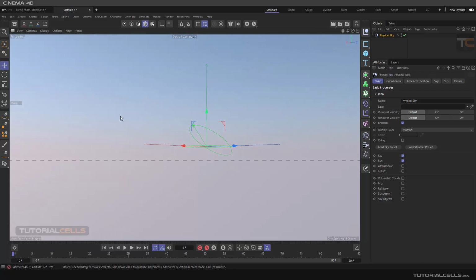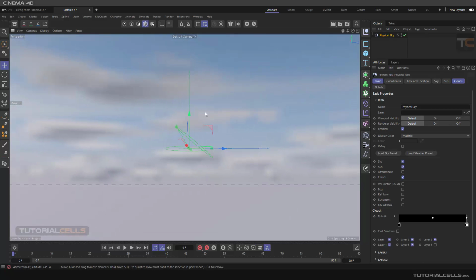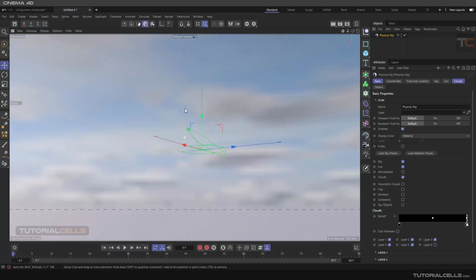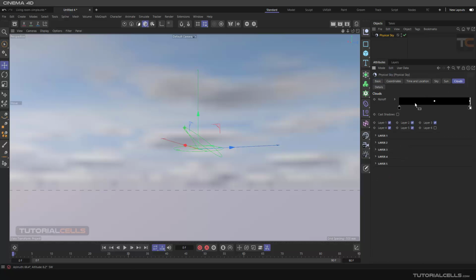Now, let's talk about the 2D cloud in physical sky. For doing that, you have to turn on the clouds. And as you can see, we have 2D interesting clouds here. If you go into the clouds system here, cloud tab, we have